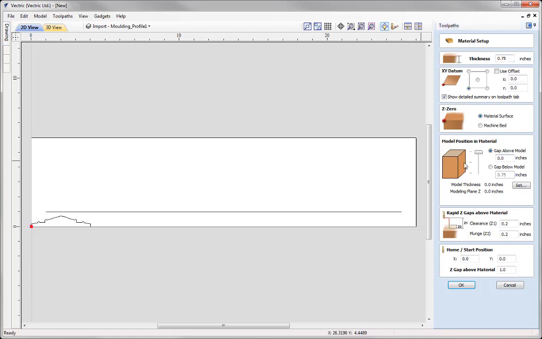Then we move on to the model position in the material. Now we have no 3D model, so there's nothing for us to actually set here, and at no stage in this tutorial are we going to have a 3D model. Because of the way that the Moulding Toolpath generates the toolpath, we are going to set the position of the toolpath in the material in the form itself, because in effect we are going to have a 3D object being machined in our block of material, and we'll look at that in the form itself. And check over your rapid Z gaps above the material and home start position,